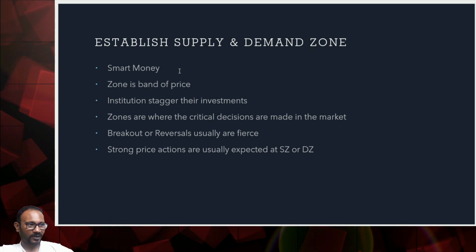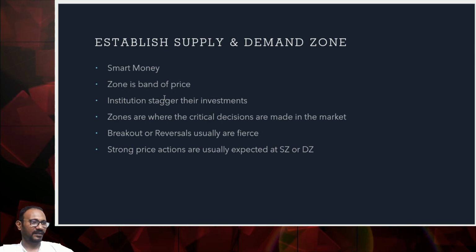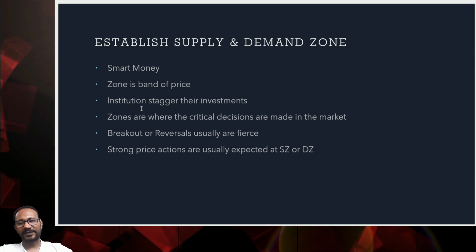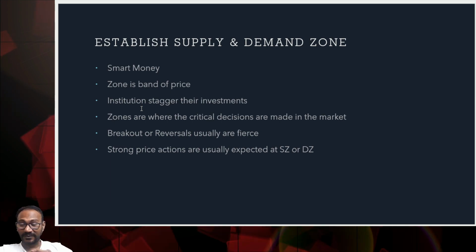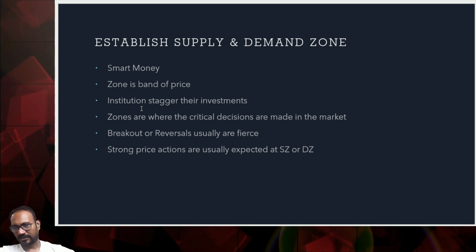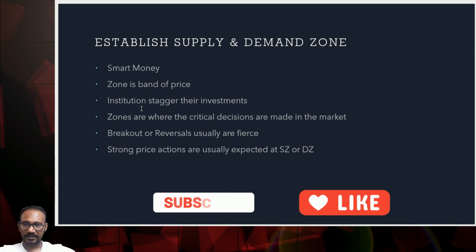So that's why it's called a zone: it is a band of price, okay? And they will not be executing all their investments in one band. They would have identified many different bands. Okay, probably the market is at 44,500. I will invest there. My next level of investment is only at, say,